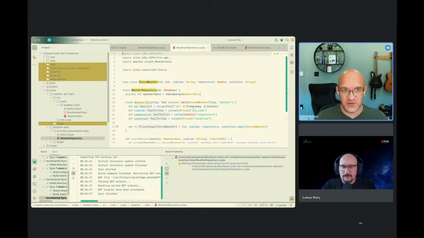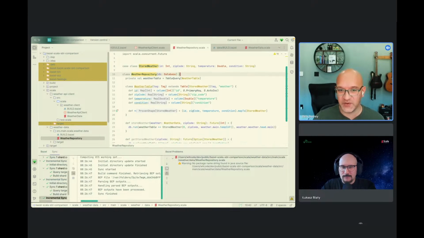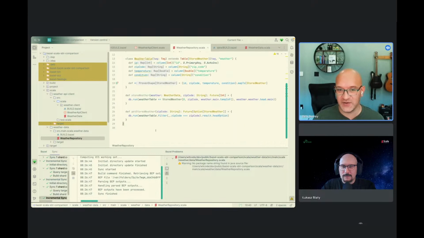Probably one of the things I'll do before I'm done checking this in is add a third component that actually stores all the data in here. But this is the second bit of plumbing, where we're storing the data in memory in H2. Just storing, with an ID and the key, you look up things by zip code and you get the temperature. You store the temperature, and this in the data structure is actually the condition. Okay. So that's the structure of the actual application itself.